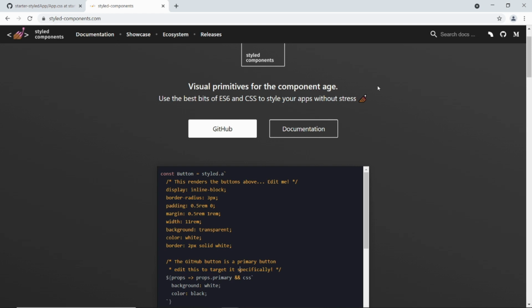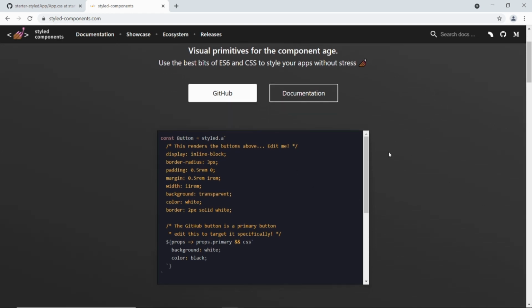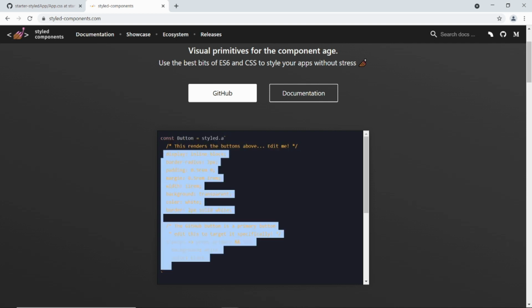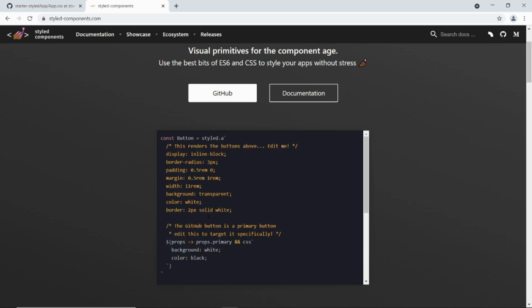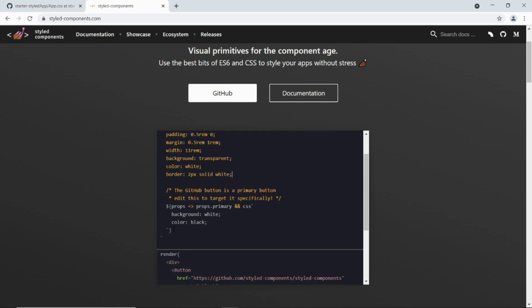So I'm on the styled components website, and they've got some sample code here. And if you look at it, they've got a button which is equal to styled.a, and then it's got backticks, and everything is enclosed inside backticks, which is where you have your normal styles as you would write in CSS. There's no difference in the format, and then you can also